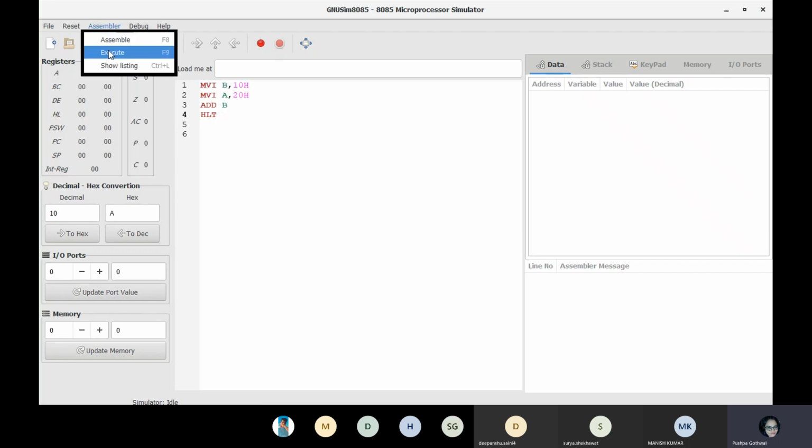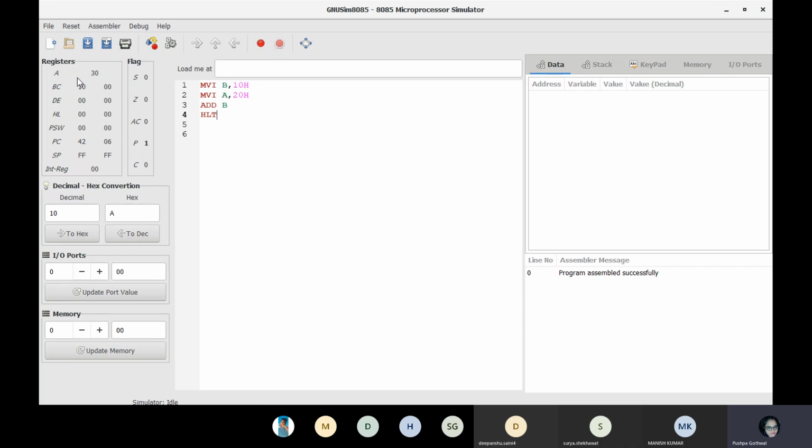I have to execute. See, you can see the accumulator is having 30H. So in the simulator, you have to work in that way. That simulator is very simple. Is it clear? Yes, ma'am. Yeah, it's a very simple simulator, the GNU simulator. Okay. So now we are moving to the next.